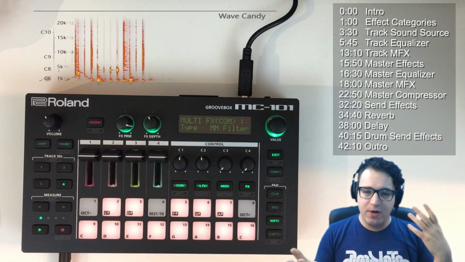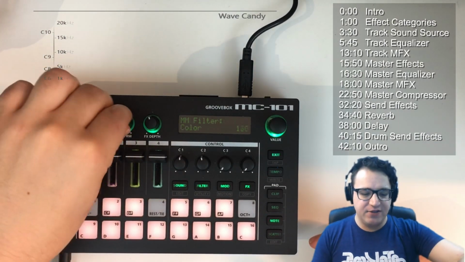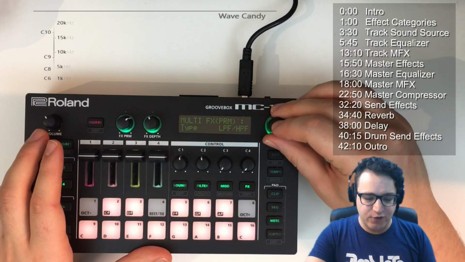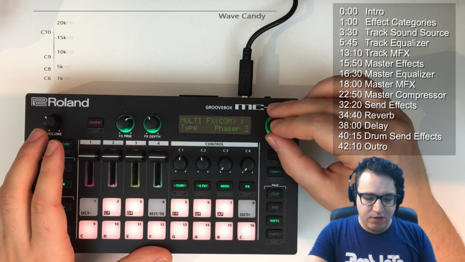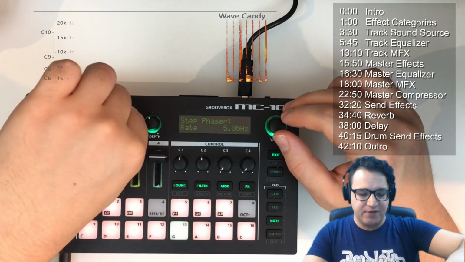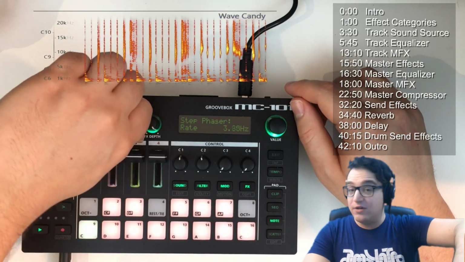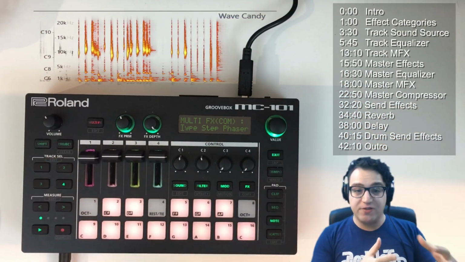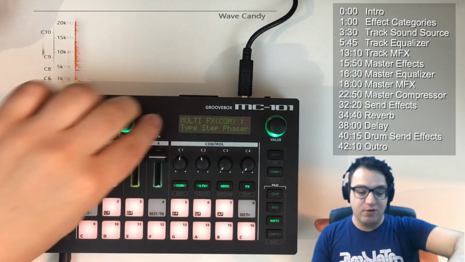As of the newest firmwares, I think after 1.3, when you change the multi-effect, these knobs will automatically map to something useful. Like if I change my multi-effect to, say, a step phaser maybe, and we hit play, these automatically map. You can do a lot of fun stuff with these sorts of effects. And the cool thing about the master multi-effect is if you use it as a performance thing, you can turn it on, off and on real quick with this button,